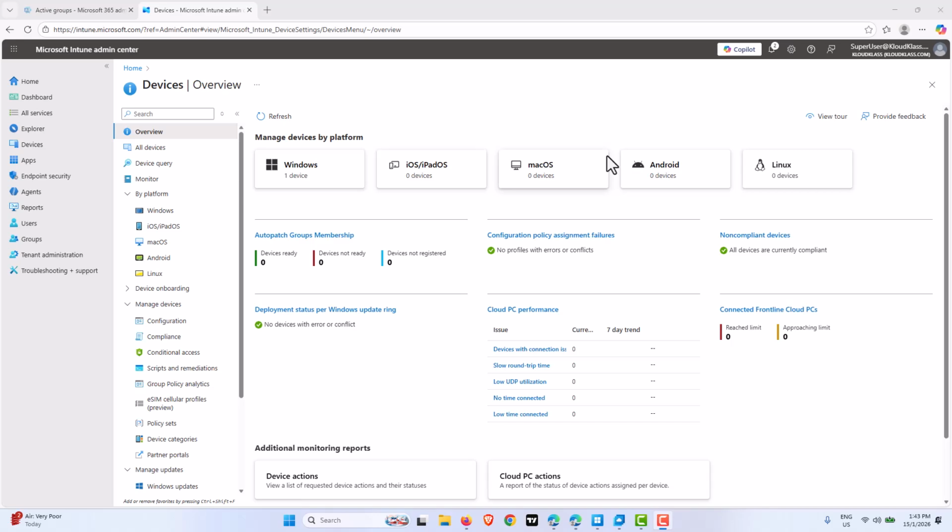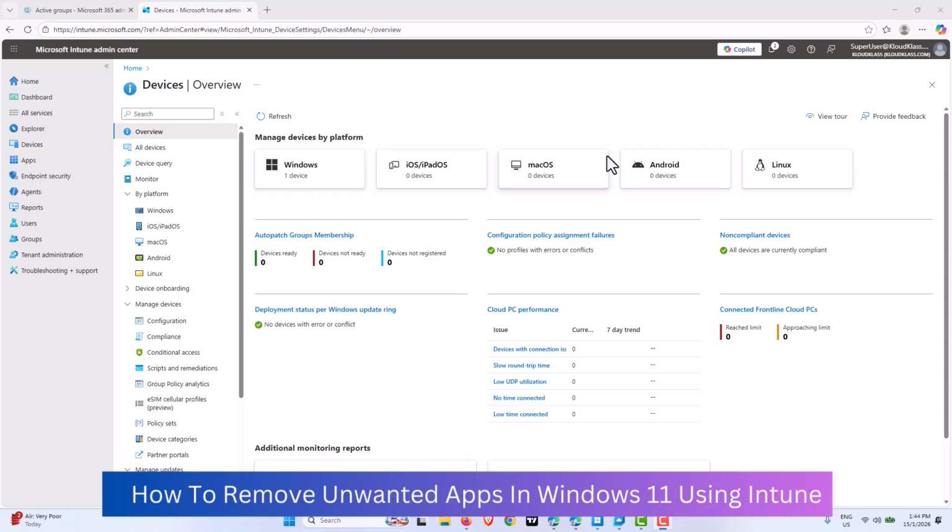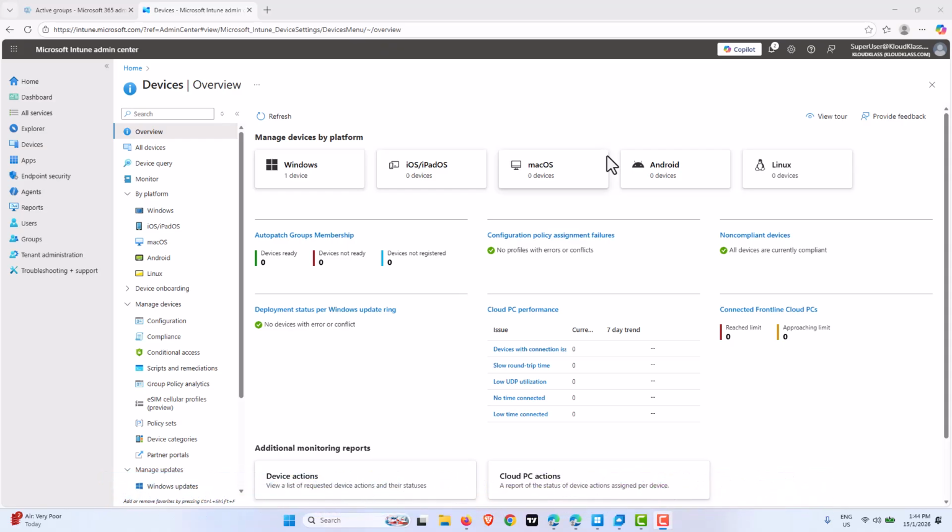In this video, we are going to have a look at how to remove the so-called unwanted applications from a Windows 11 machine by using Intune. What we are talking about here are applications like Solitaire, Microsoft News, and Xbox applications that come as part of a Windows 11 machine. So to set the scene, I have my Intune portal open up here, and I have one